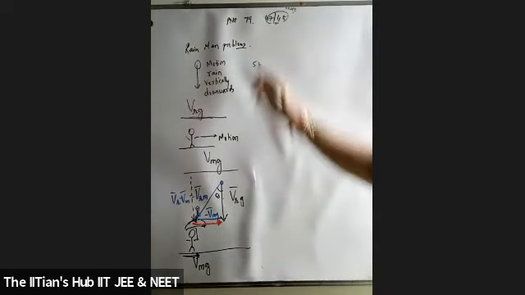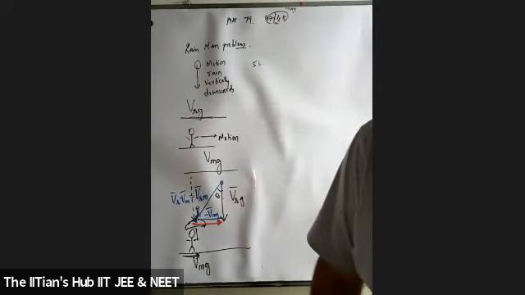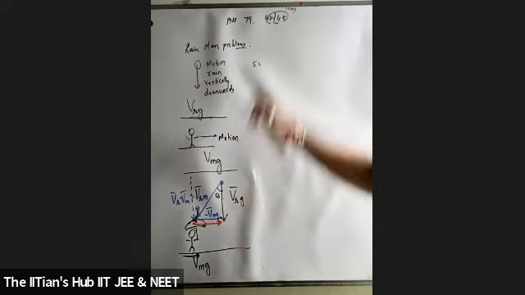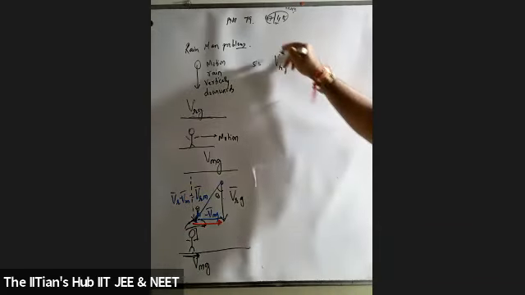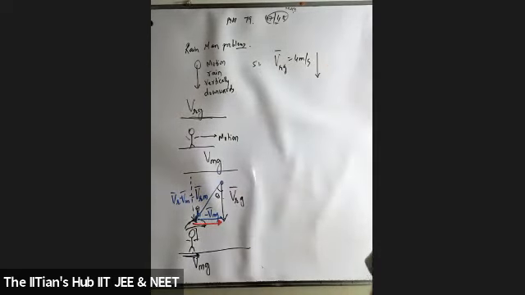Question number 51. Anyone? In the absence of wind, students, the rain is falling vertically with a speed of 4 meters per second. They've clearly given that the rain is falling with a speed of 4 meters per second vertically downwards. So can I say the velocity of rain with respect to ground is given to us as 4 meters per second vertically downwards. After some time, wind starts blowing with a speed of how much? 3 meters per second, students.